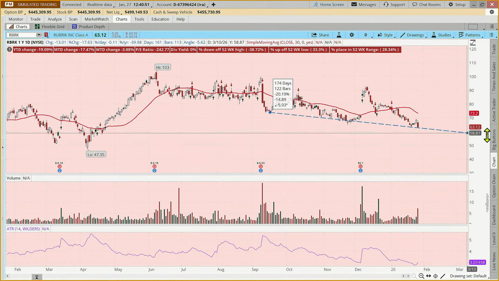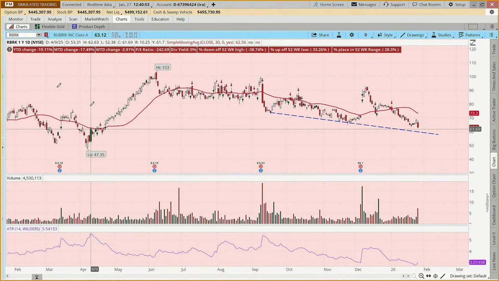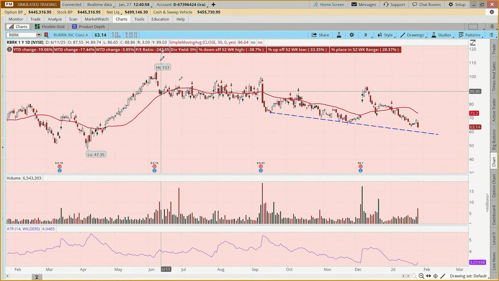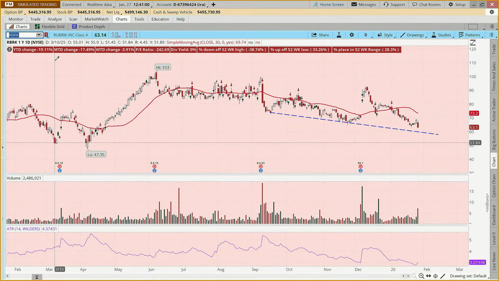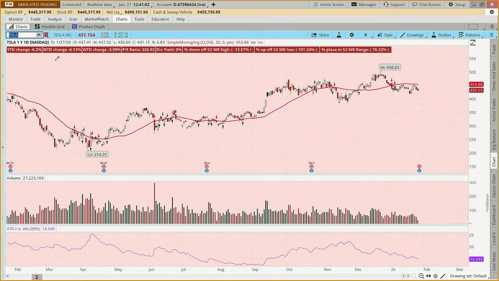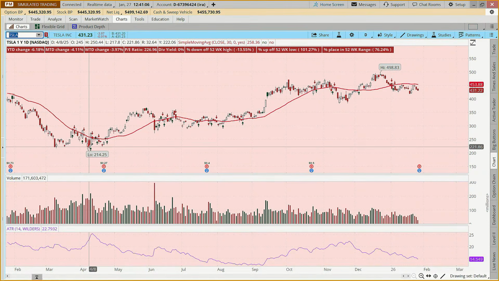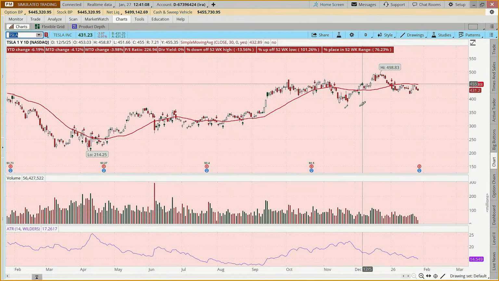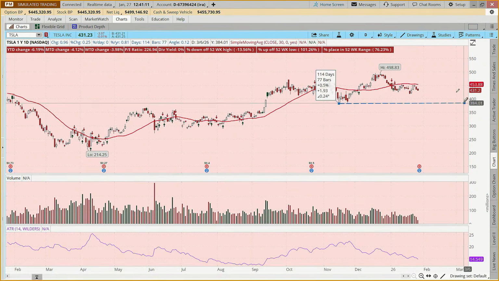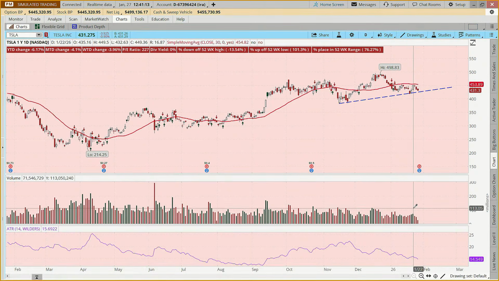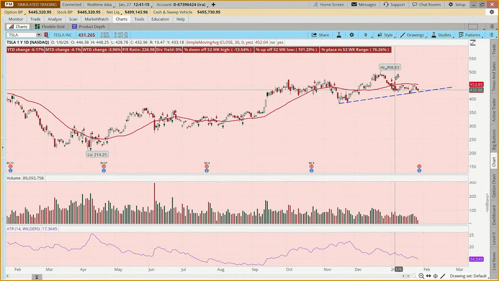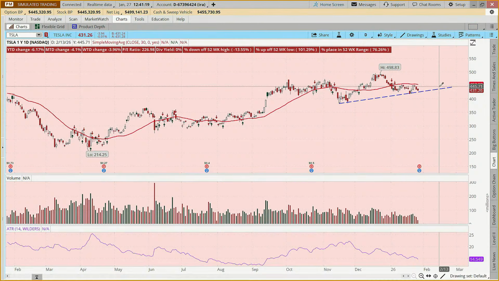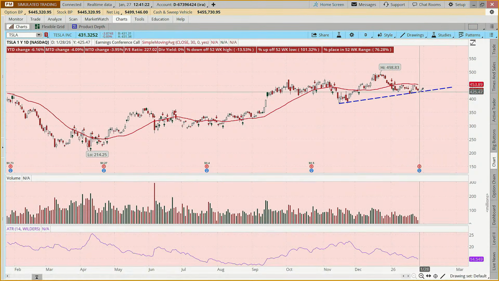I'm sorry, we're running out of time, but let's look at just one other. How about we look at Tesla? Well, always lots of conversation around Tesla. And by and large, since it hit this low back here in April of last year, currently we're seeing things uptrending. It hit a new high here, a new 1-year high anyway. And so it's pulling back now.